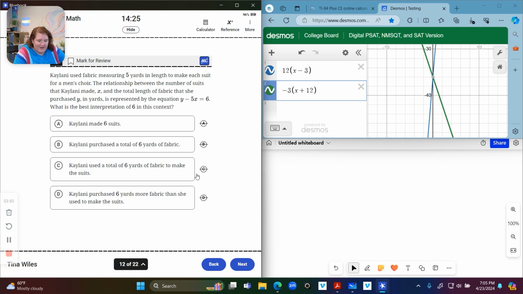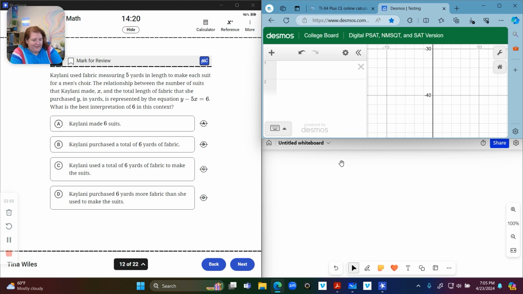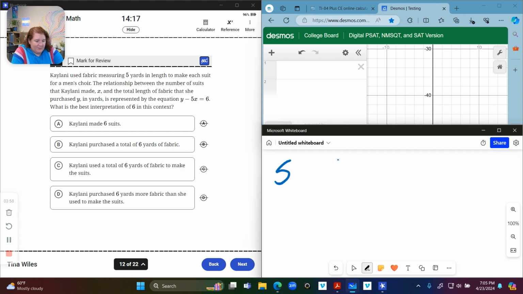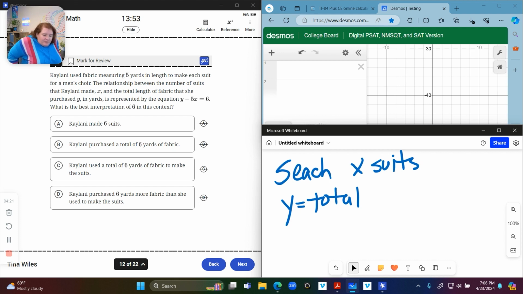Number 12. Kehlani used fabric measuring 5 yards in length to make each suit for a men's choir. The relationship between the number of suits, so she made x suits, and the total length of fabric that she purchased, y, is represented by the equation y minus 5x